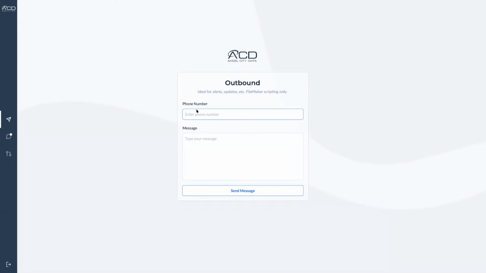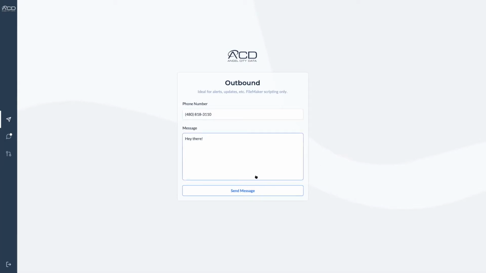It's really cool for simple alerts, customer updates, things like that, stuff that you want to send out of FileMaker without having to do that old trick where we would figure out how to email a text message to a Verizon phone number. Without doing that, we can use Twilio really quickly to just send an outbound text message. This does not support incoming messages. It's simply for updates. So what I'll do in this situation is just,